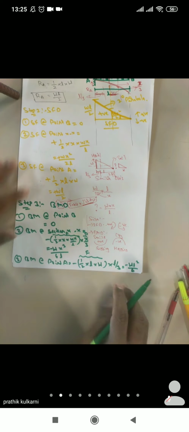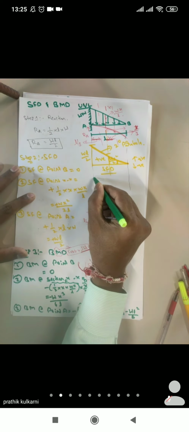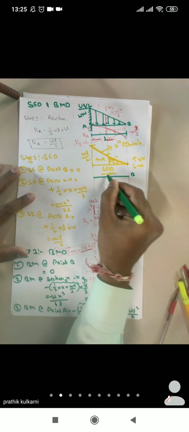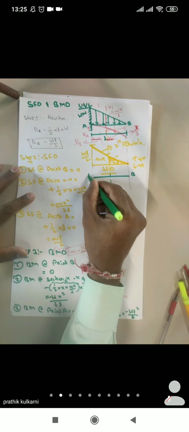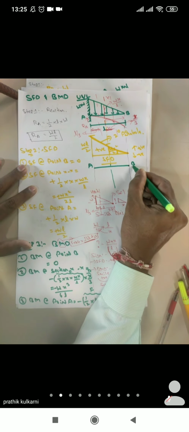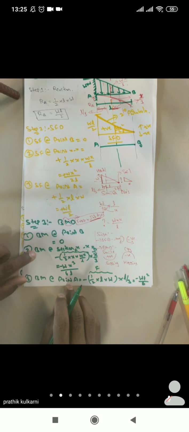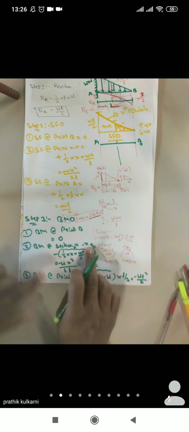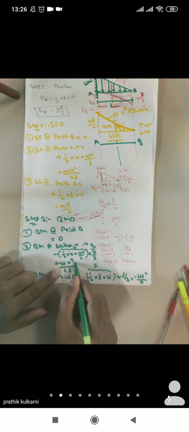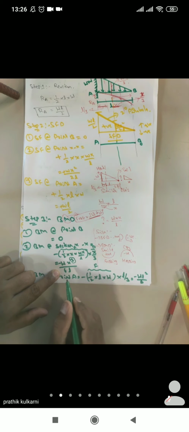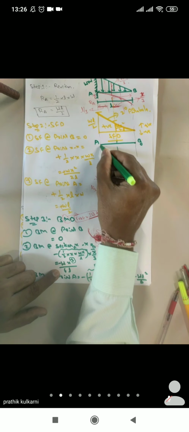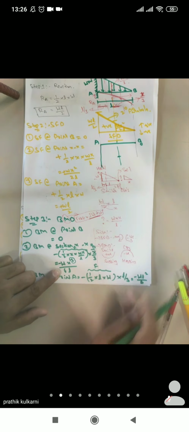If you draw the diagram, let us come to the diagram here. This was my point B, this was my section XX, this was my point A. At point B the answer is 0. At section XX we have some value, WX cube by 6L. Please be careful, it is X cube, so a 3-degree parabola diagram should be there. It will be somewhere here, and the last one is more than that value.